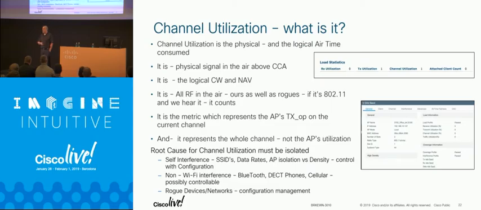Channel utilization. How many of you have seen high channel utilization but didn't really understand its roots? There are 3 metrics on the controller. There's transmit and receive utilization. That's your radio. Channel utilization is the measurement of the channel, and the Cisco channel utilization is a loaded metric, meaning we are copying all of the frames that we can understand.